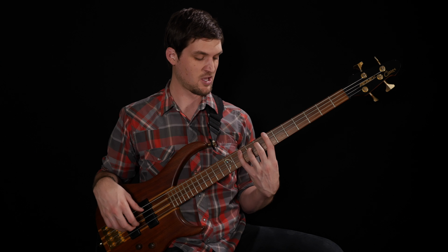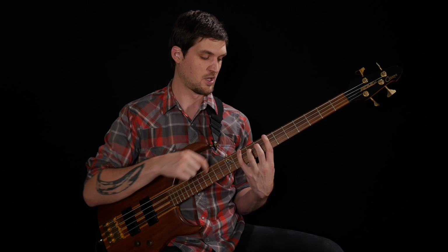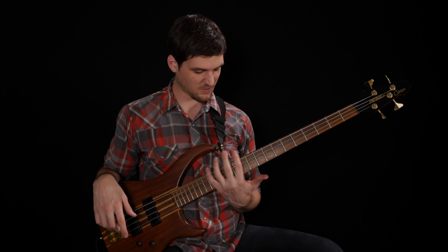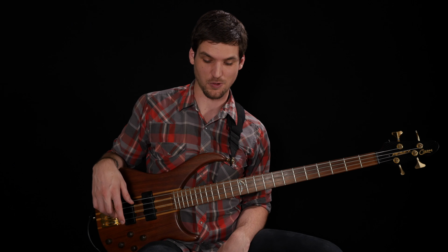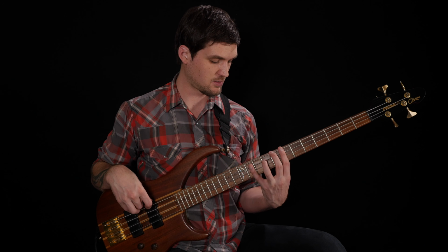60 beats per minute. We're starting on the 10th fret, which is basically the same as our 7th fret position from before, because we're starting on the pinky. Index note's still going to be on the 7th fret. We'll do the same thing. We'll do like 6 repetitions until our index finger gets up to the 12th fret. Okay, 60 beats per minute, 3/4 time. 1, 2 E and 3 E and